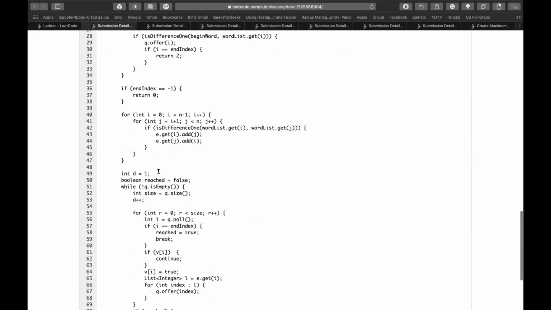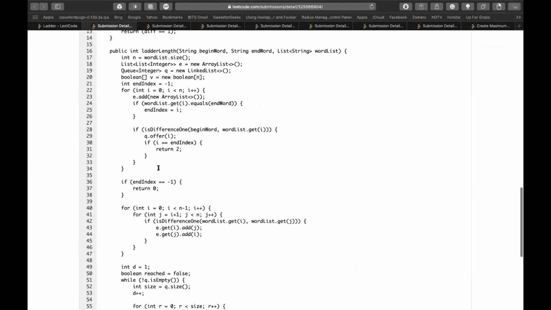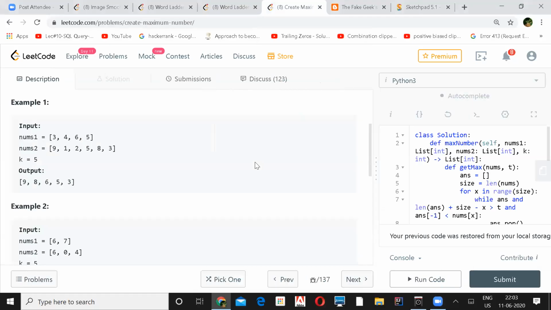A simple solution for the same bidirectional BFS. When can we switch to the next one? Yes, okay. Thank you, Uday. Thank you, everyone. Yeah, that was really a nice solution.